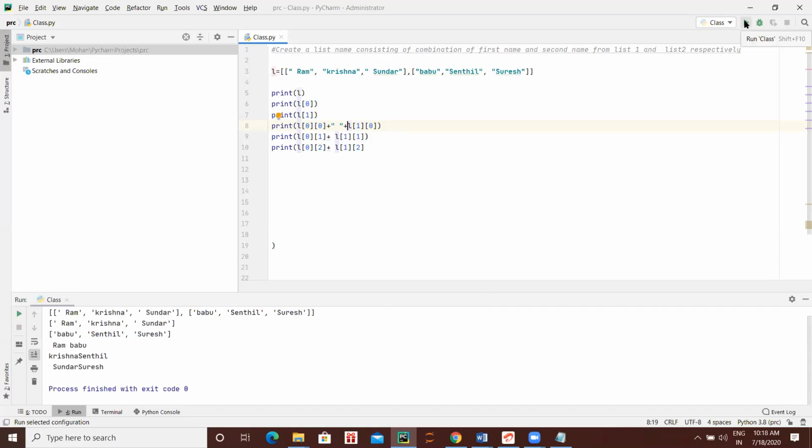You have to make your thing. Ram space Babu. Like that you do for others. That bracket you have given in the end, put it there in row number 19. Number 19. Put it there.